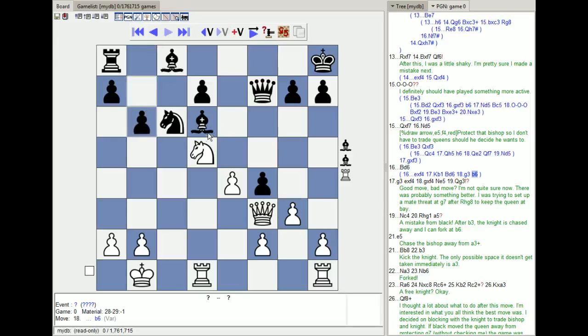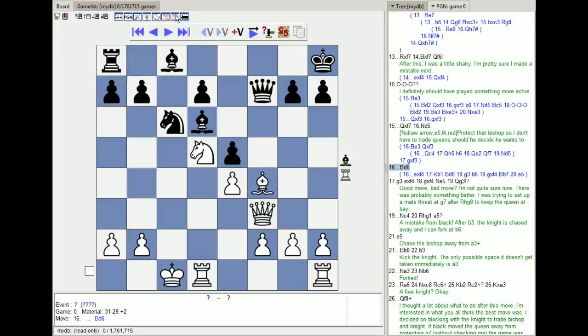b6, activating his pieces. No, that's bad. That drops a piece. Yeah, this seems unclear. So if he had just taken, it seems like he has a healthy position, most likely winning for him. Not an easy win by any means, but a win that a decent player should be able